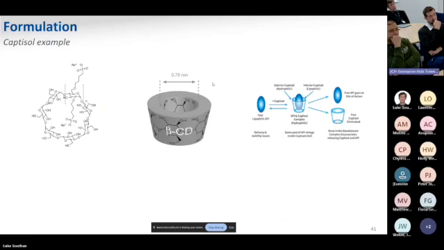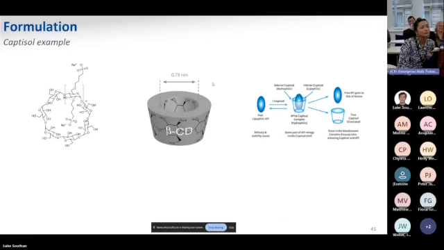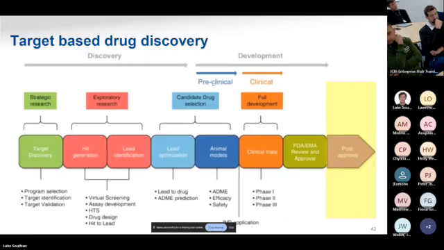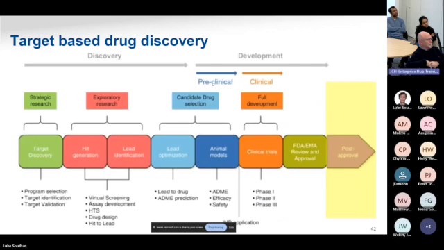Formulation is black magic as far as I'm concerned. It's amazing and very complicated, and you can do clever things. But anyway, that's kind of what you can do with formulation. And then the final bit of the whole drug